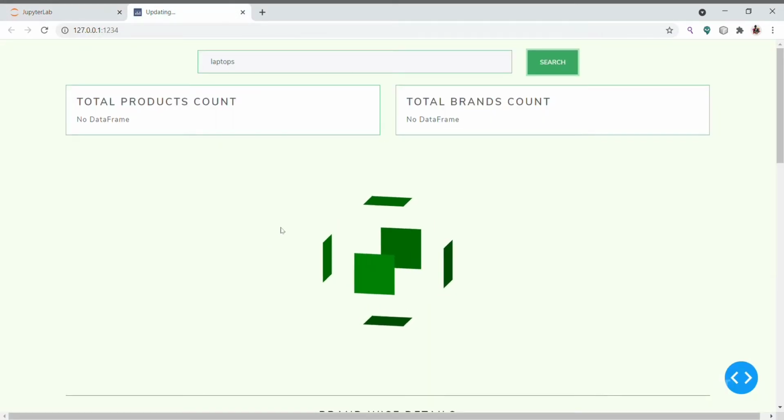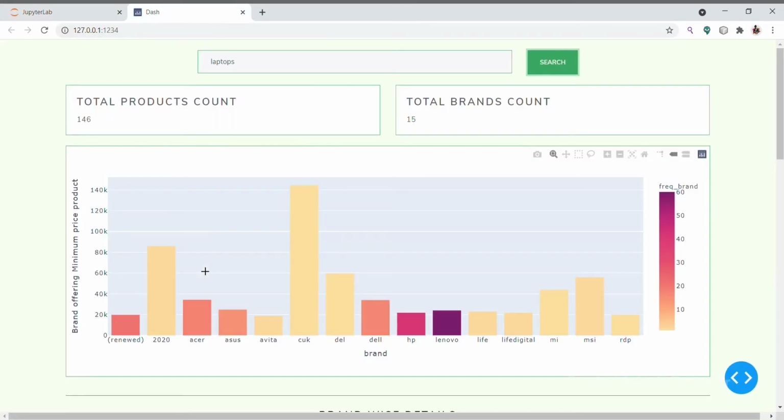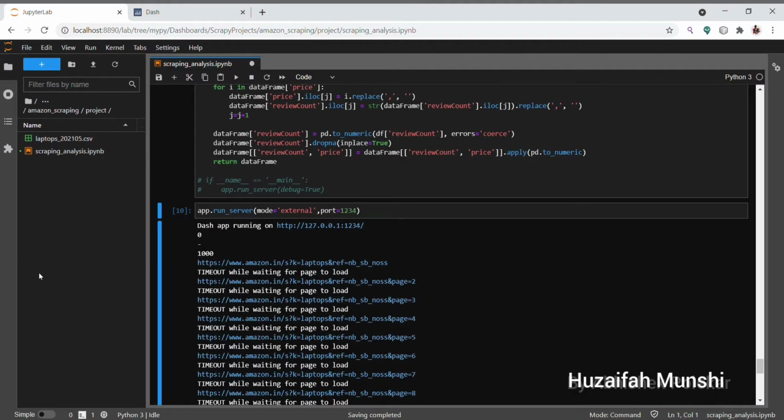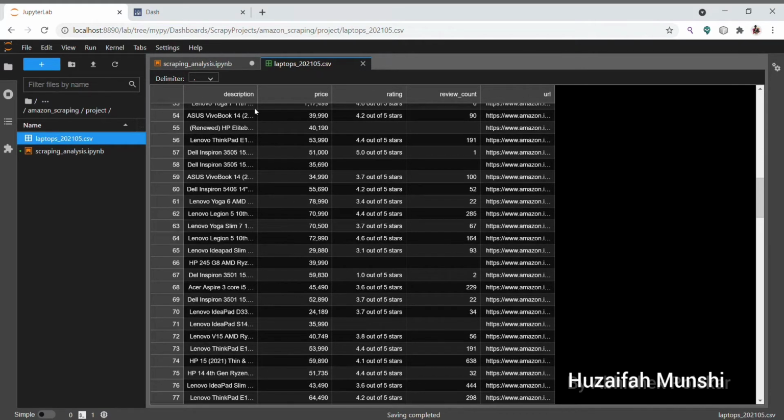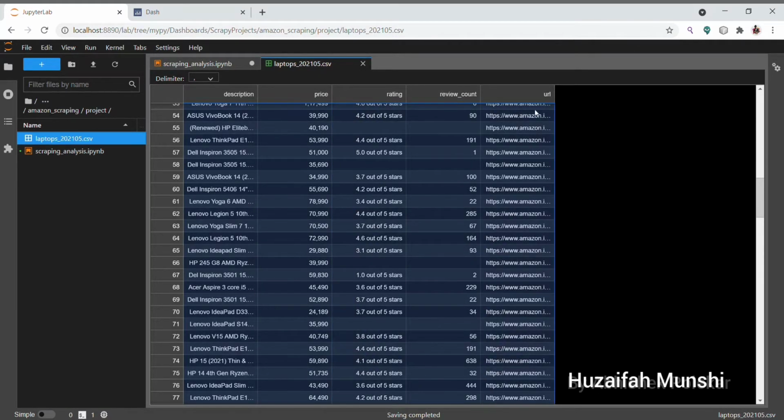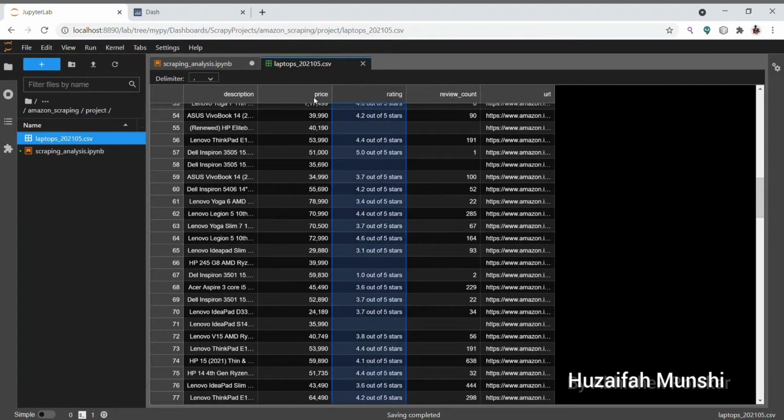See here, a .csv file is created by the scraper and now it will store the scraped data from the Amazon website. In our case, it scrapes the description, price, rating, review count and URL for every product on the page according to our given search term. See here how the raw data in the .csv file looks like. This data needs to be filtered before plotting graphs and this work is done in the background.